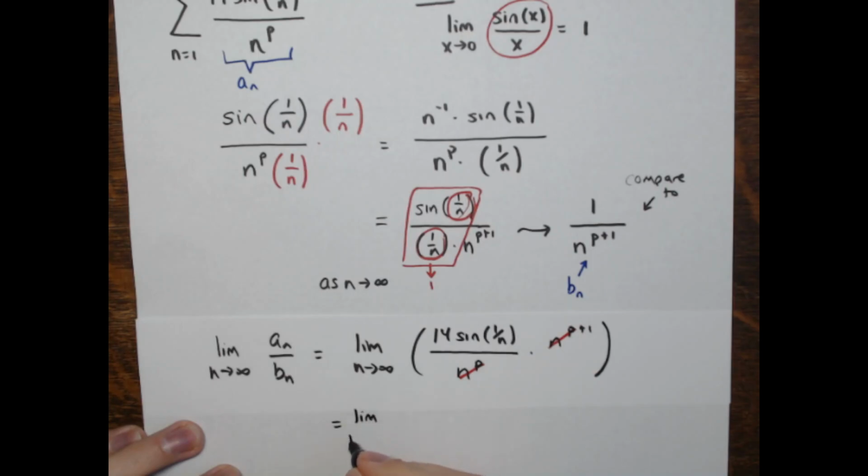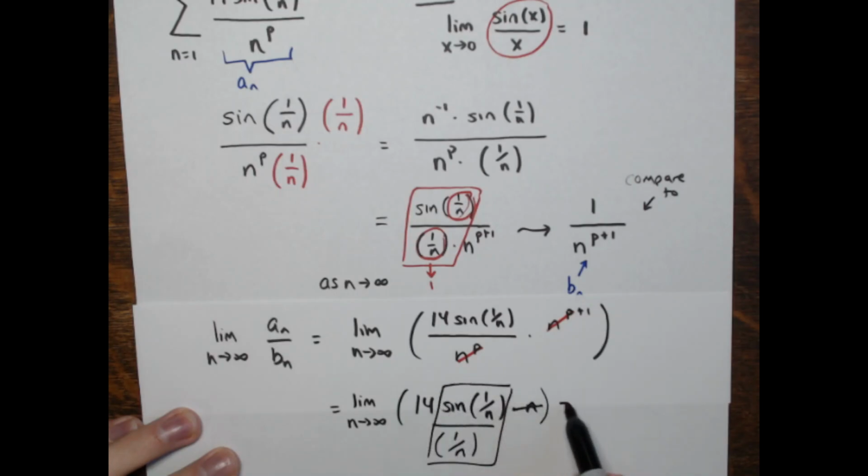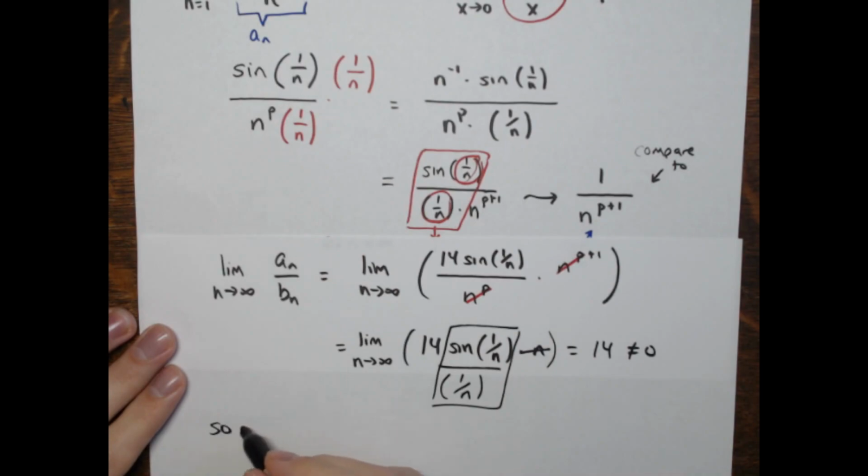The limit as n approaches infinity of 14 times the sine of 1 over n times and then just n. But multiplying by n is the same thing as dividing by 1 over n. And you see this limit here is 1, so this limit's 14, which is not 0. It's not 0, it's finite. Right? So by the limit comparison test,